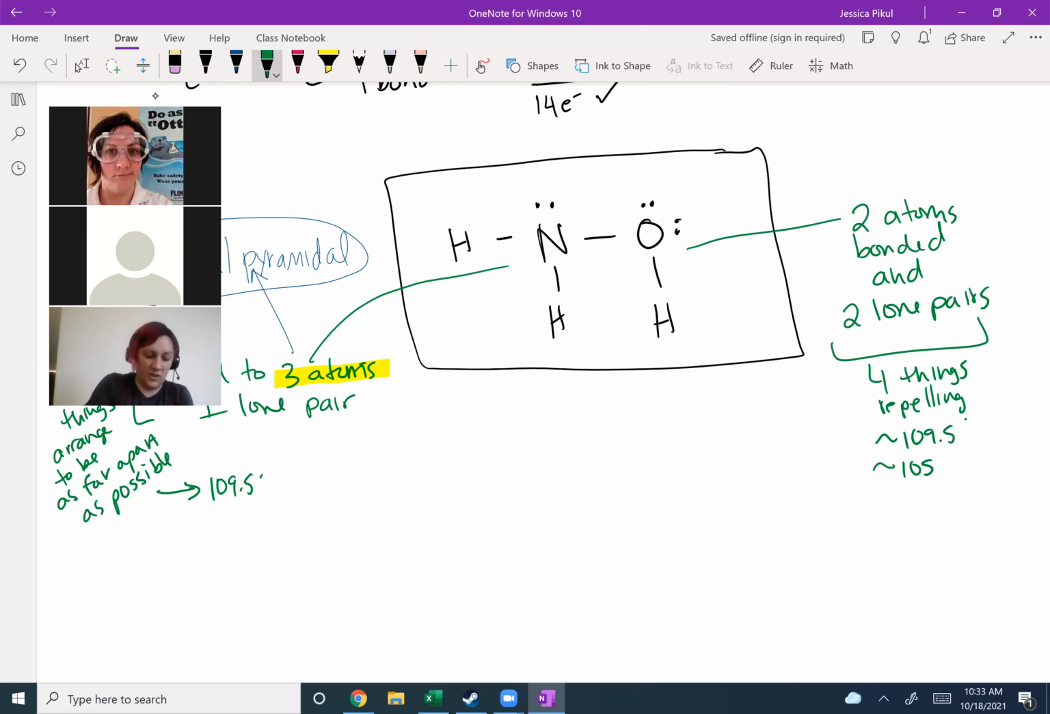Similarly, the nitrogen was about 107 to 109. And for me, at least, you don't have to have that perfect. I don't think it's going to make a big difference. The geometry that's associated with 2 bonded atoms and 2 lone pairs, so those bonded atoms dictate it, is going to be called bent. So now I can draw this